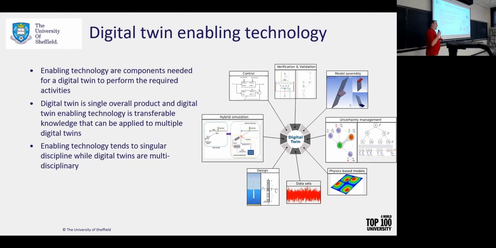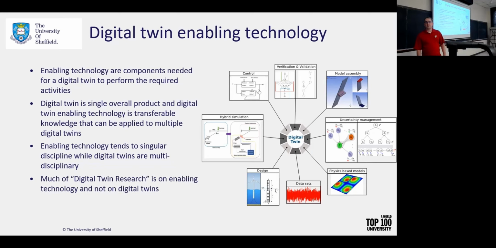Because of this, when you start looking at enabling technologies, they tend to be very singular disciplinary in nature. Finite elements are primarily mechanical based. Computational fluid dynamics, a different type of mechanical base. Chemistry, manufacturing, all that stuff tends to be singular disciplinary focused. While the digital twin itself needs to be multidisciplinary. You can't have an asset without knowing how much it costs in dollars to run that asset, to make predictions on how much it will cost to repair the system. That is multidisciplinary in nature.